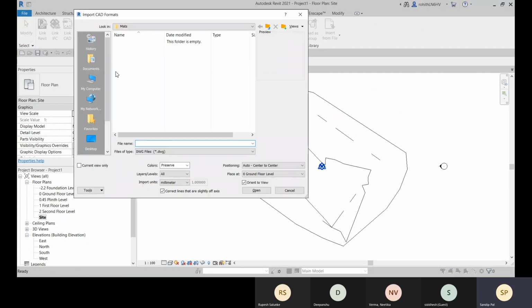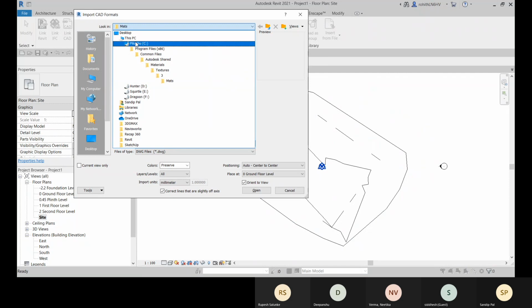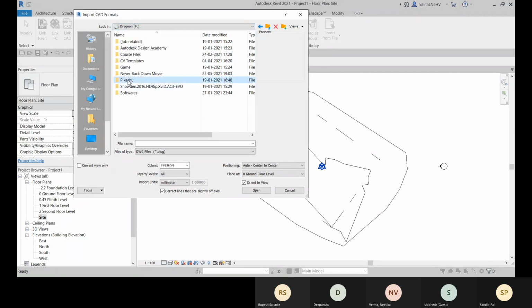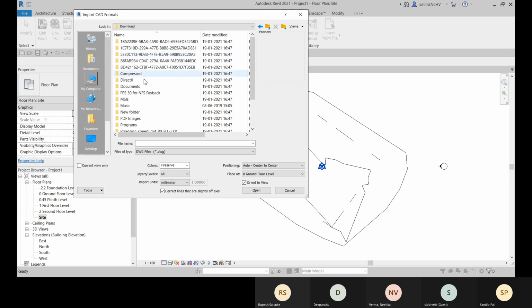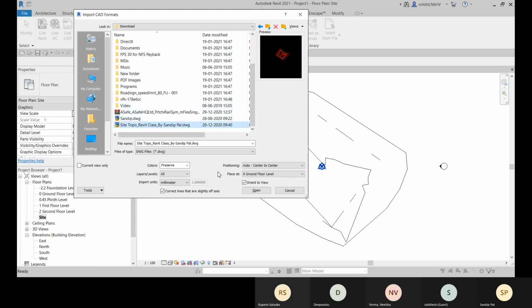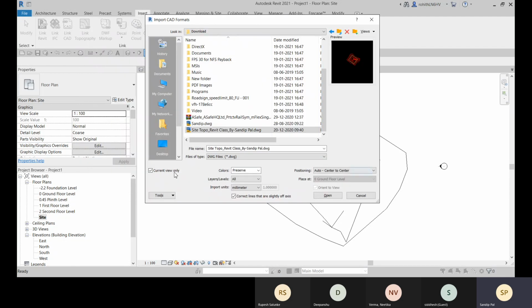So I'll go with this import CAD option, and within this current view only, as I'm right now in this site. So let's go with this current view only. So auto, center to center, millimeter, click on open.